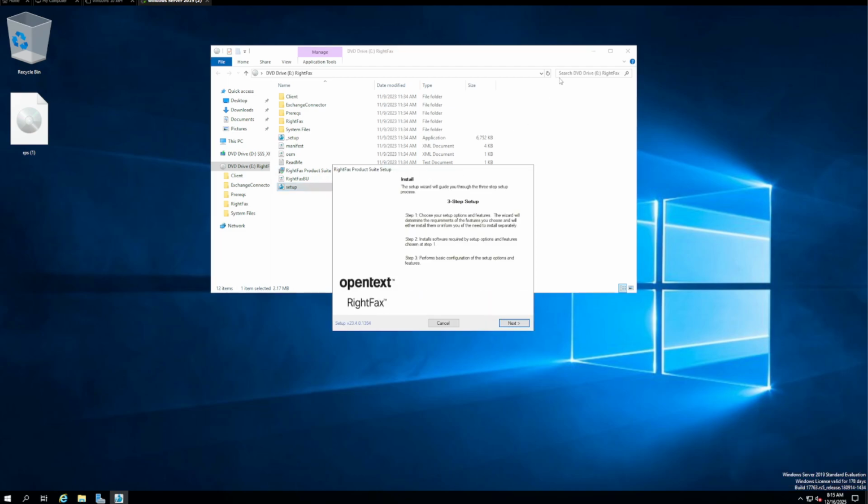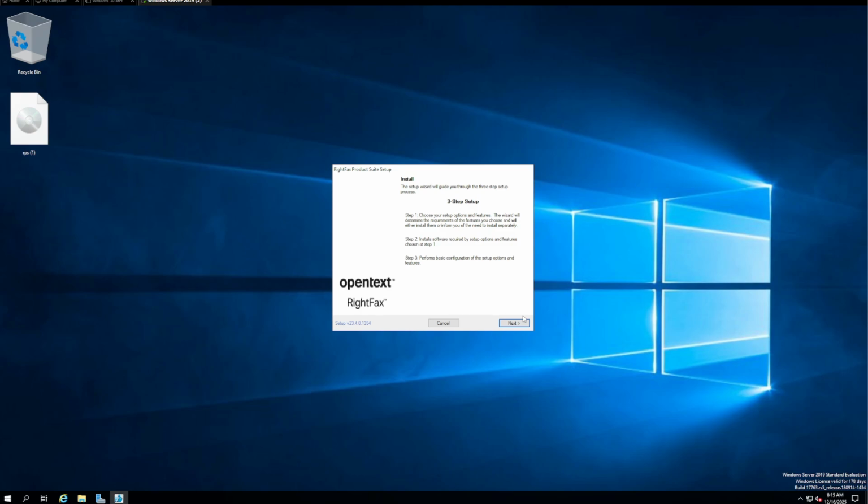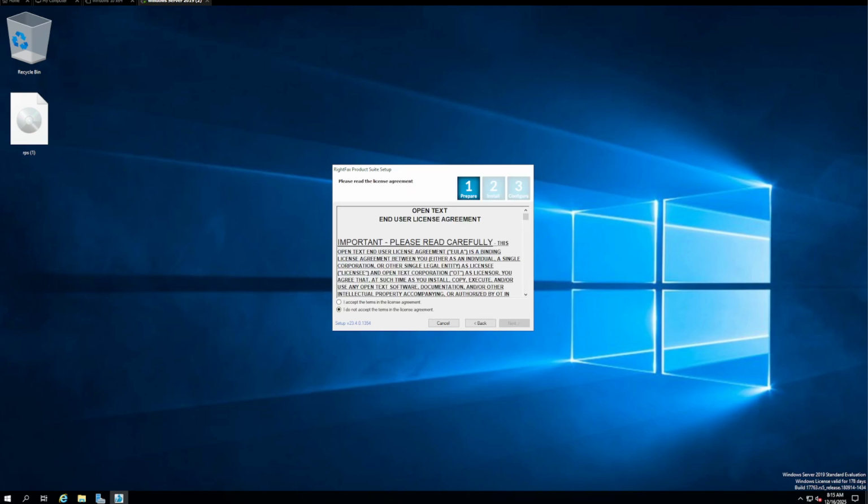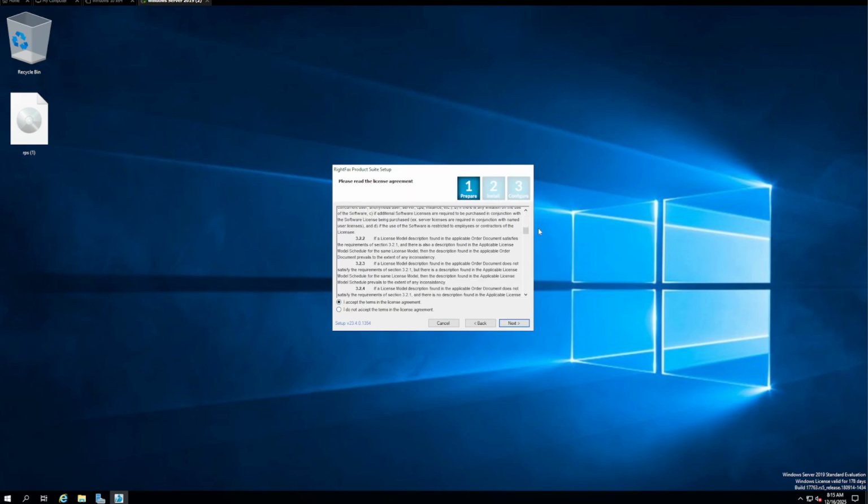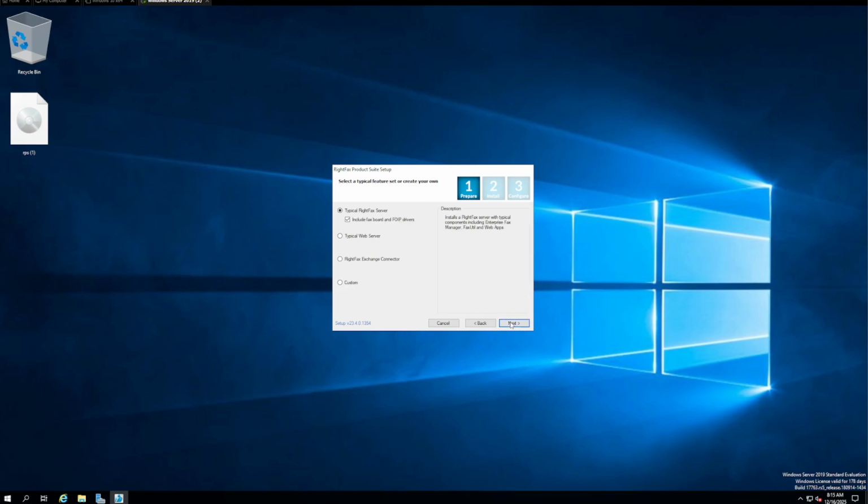So now you have the RightFax install. It says there's 3 step guides. One's the setup, one's the... so we'll go through everything with you. All you have to do is hit next, review all the terms and agreements, and here I'm going to select custom because there's some different things I wanted to set up as well. So if I hit next,